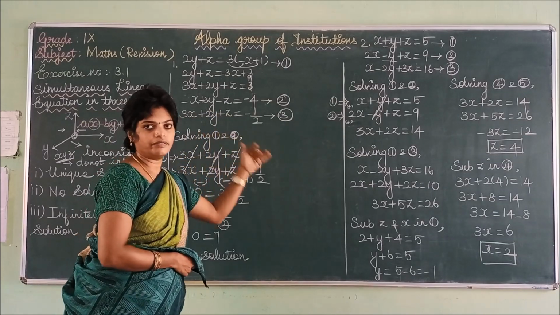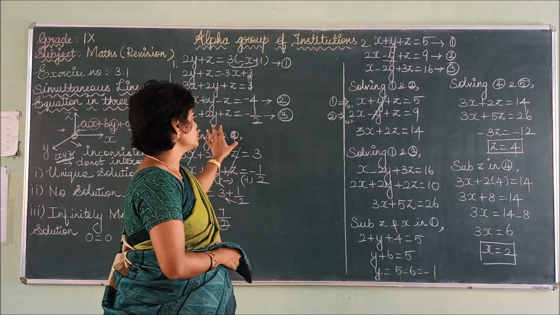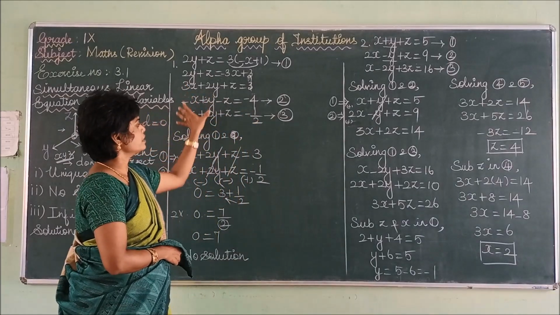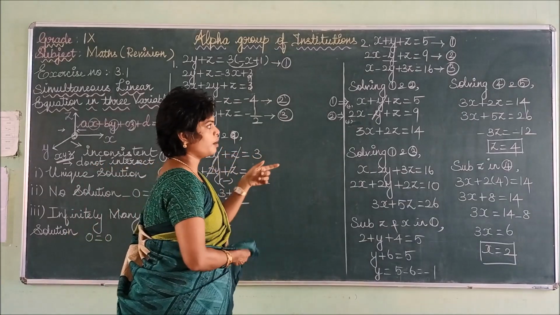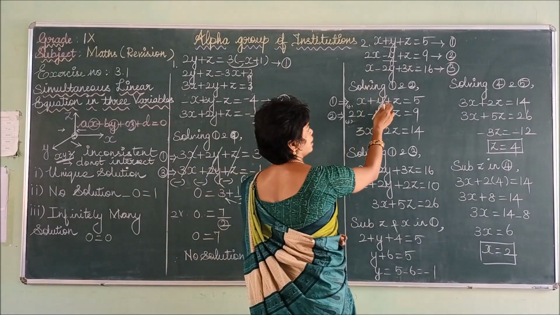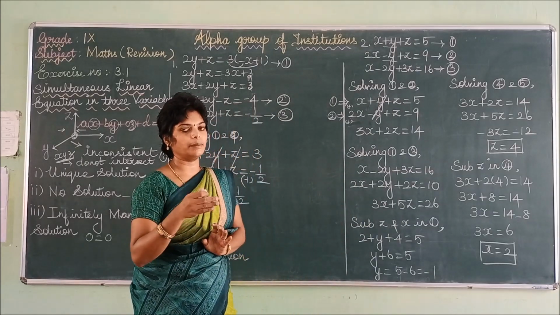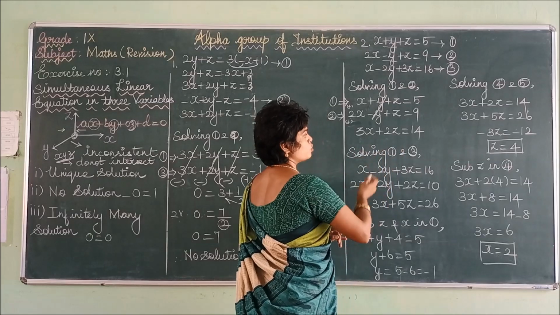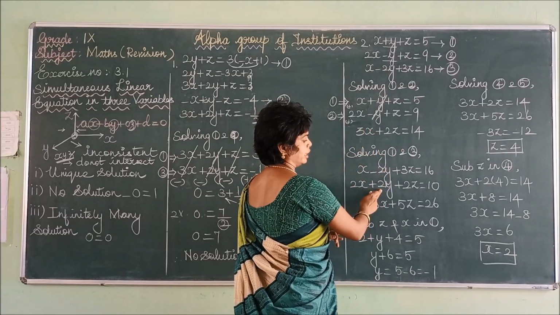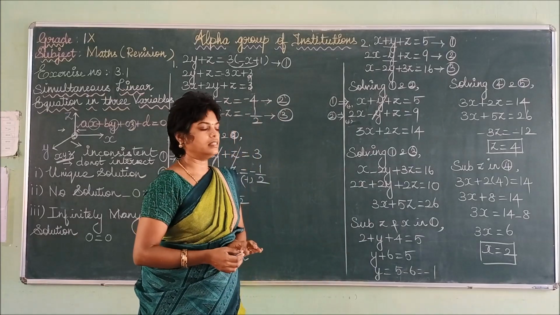So listen. Likewise we cannot do every problem the same way. Each and every problem will vary. You have to check the equations carefully. So in this problem the left hand sides of the 2 equations are similar, so I am taking them. But in the next problem, in the first and second equation the y will be positive and negative, so I am cancelling the positive and negative. And the remainder will be x and z. So similarly, you have to cancel the y term only. Then only you get another equation with the help of x and z.